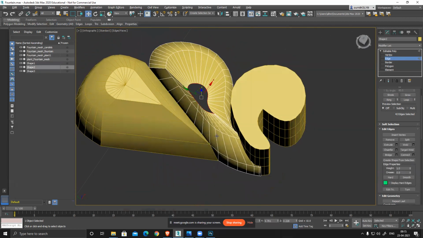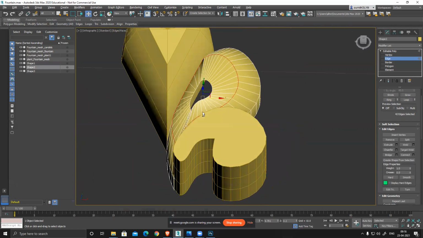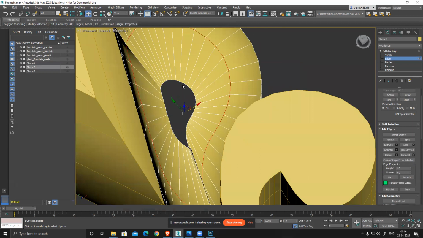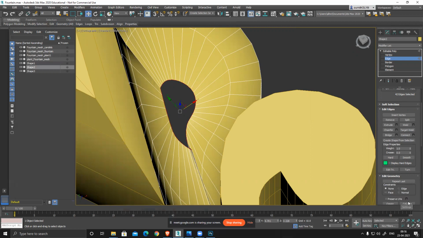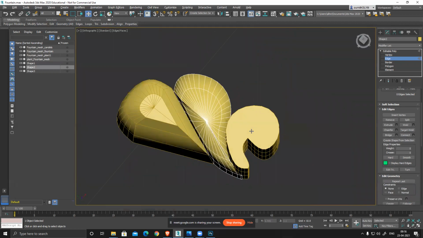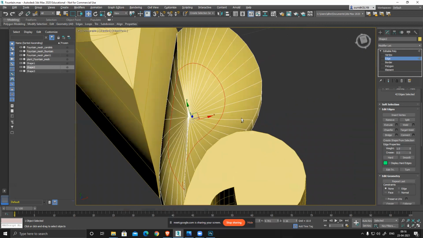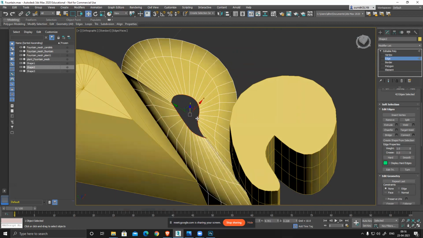At this point, I need to fix. It's not correct. I need this loop, so I'll just simply extrude it and collapse it.